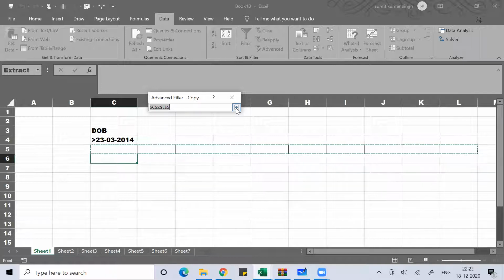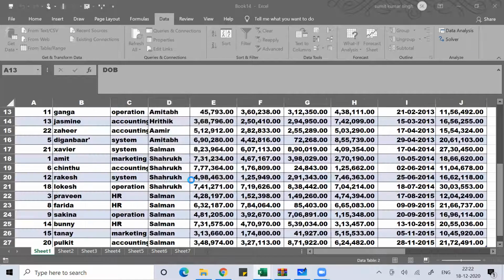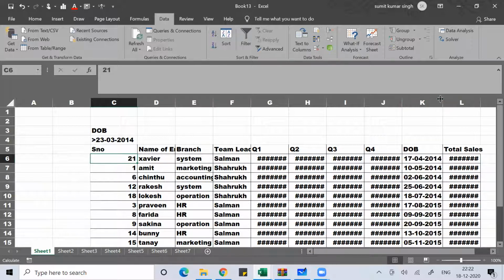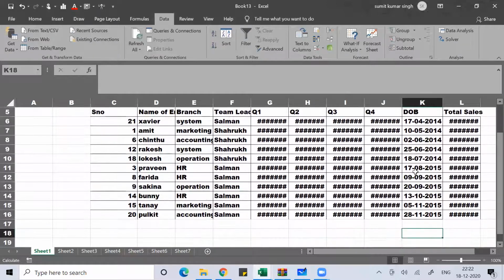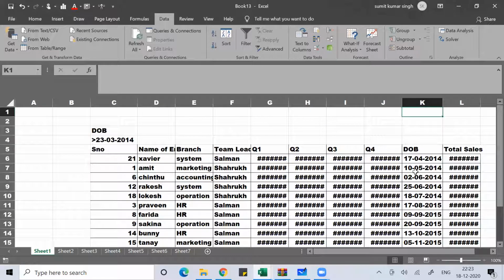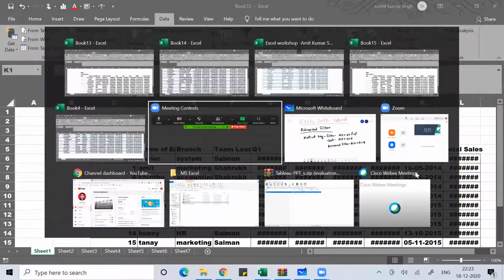Okay, so the location is already defined. That's okay. So you got those who were born after 23rd March 2014. You can see all these people were born after 23rd March 2014. So don't put space in your date of birth criteria, between the inequality sign and the date.